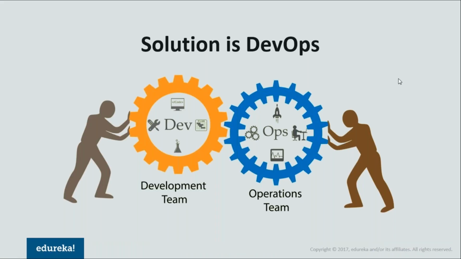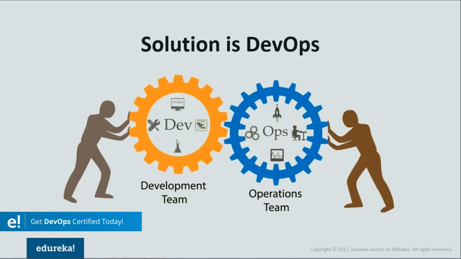DevOps is basically a software development strategy which bridges the gap between the dev side and the ops side of the company. So DevOps is basically a term for a group of concepts that, while not all new, have catalyzed into a movement and are rapidly spreading throughout the technical community. Like any new and popular term, people may have confused and sometimes contradictory impressions of what it is. So let me tell you guys, DevOps is not a technology, it is a methodology.